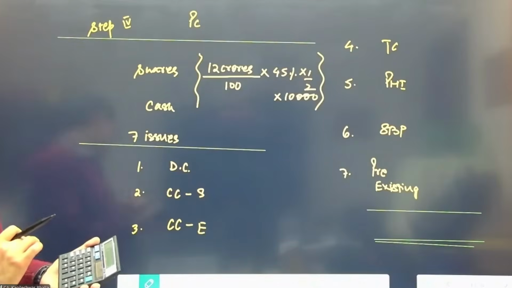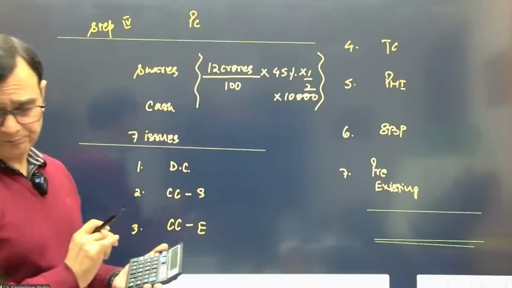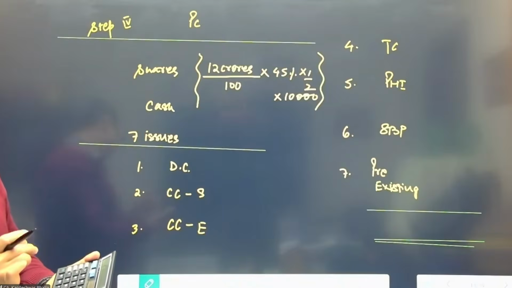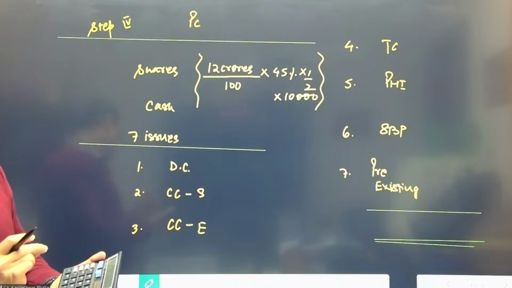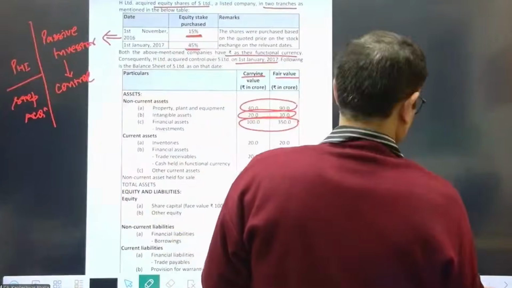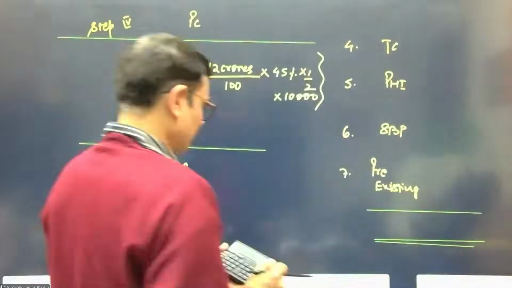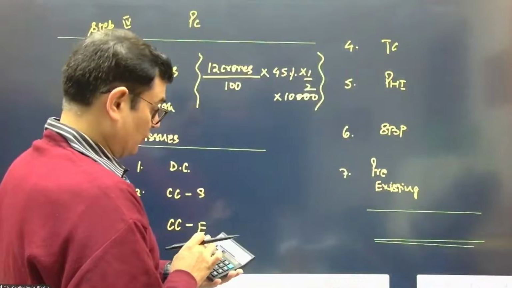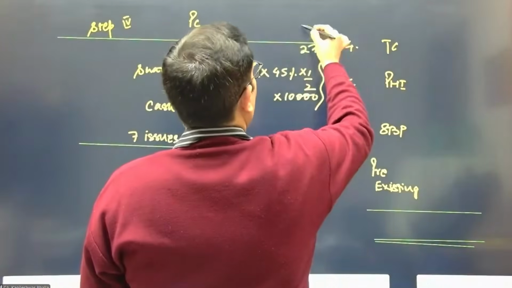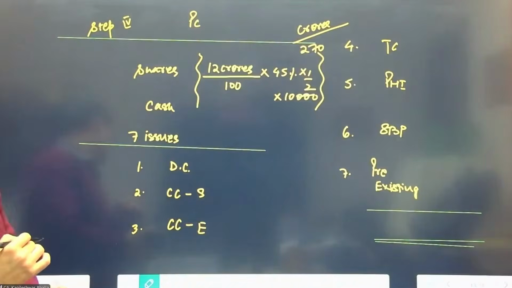So this is coming to how much in terms of lakhs? Because I think all the figures we have taken in lakhs, right? Or are they in crores only? They're in crores, I think. The figures are in lakhs or crores? Crores. They're all in crores. So we can take this total. How much is it coming in terms of crores? 270 crores, is it? 270. Okay, that's right. So this is coming to a total of 270 crores as the value of shares issued.